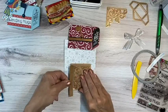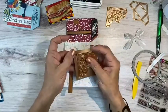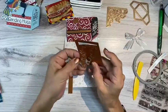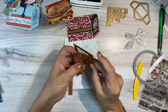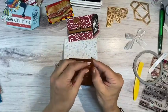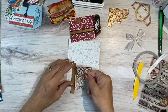Everybody likes that paper. I know, I love this bronzy paper. All right, so I'm gonna just go right here. Okay, and then I'm gonna peel this off. Again, I just used score tape on the back of this. Okay, so some of that is pretty delicate, so just be careful as you're picking it up off of the paper. Okay, yay. Now we've got this really pretty delicate piece,